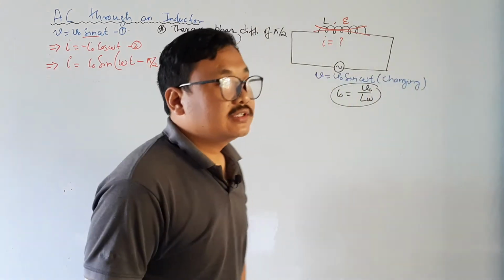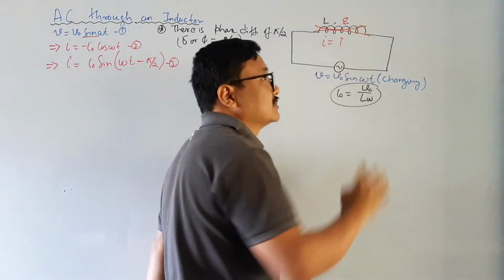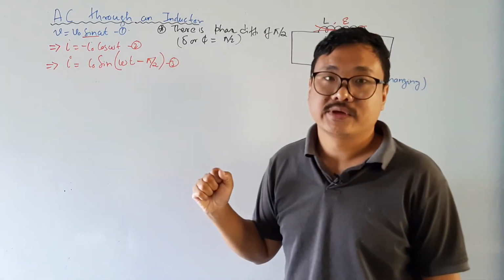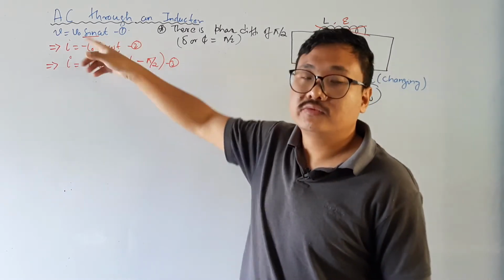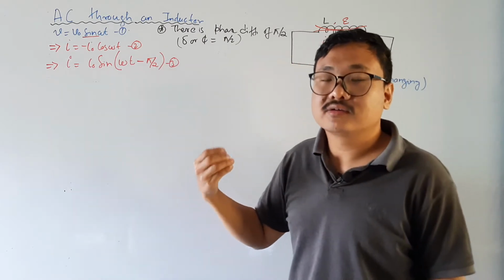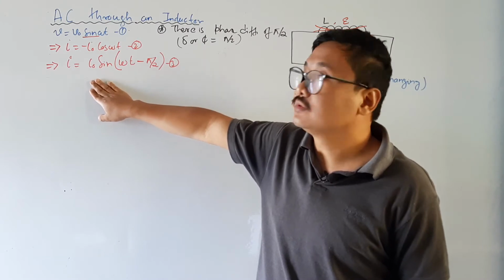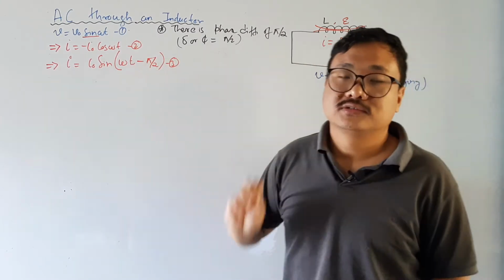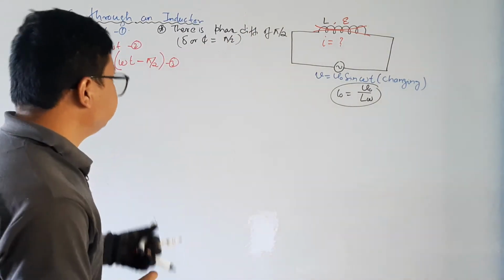इसीलिए whenever the current and the voltage passes through this inductor, there is a competition between voltage and the current. So which one will move forward? Voltage will move forward. Which one will move backward? Which one will be lagging? कौन सा वैल्यू पीछे होगा? करंट वैल्यू पीछे होगा, क्योंकि ओमेगा टी से करंट में क्या माइनस हो रहा है, पाई बाई टू. सो देयर इज नेट फेज डिफरेंस ऑफ पाई बाई टू.